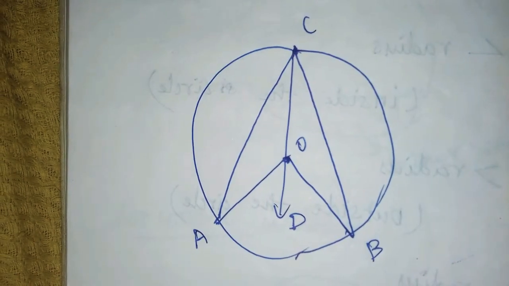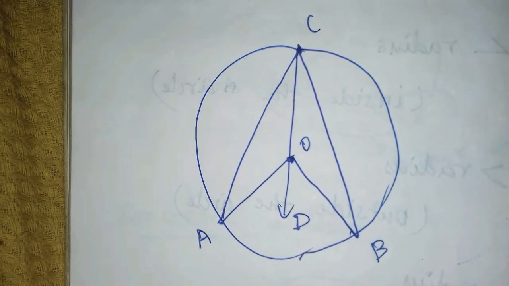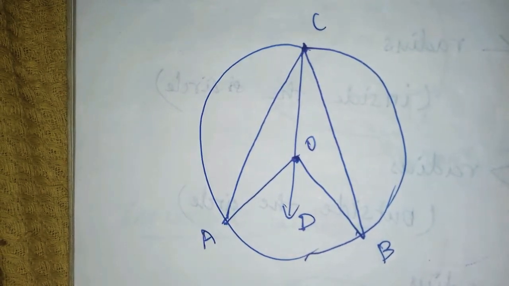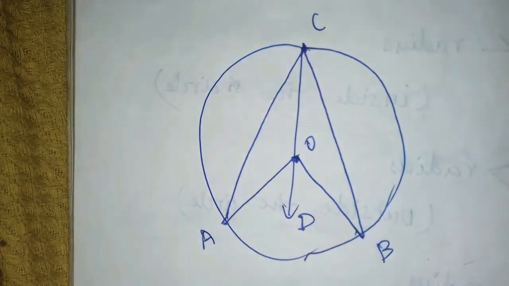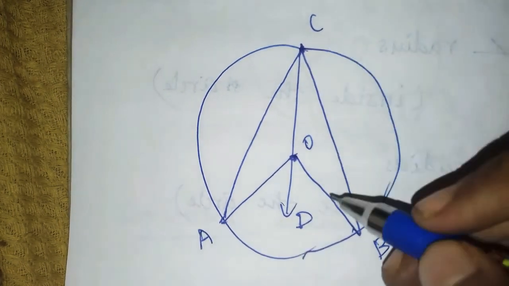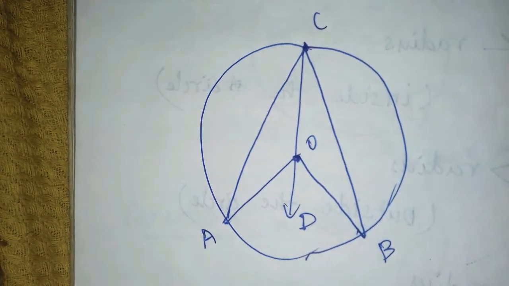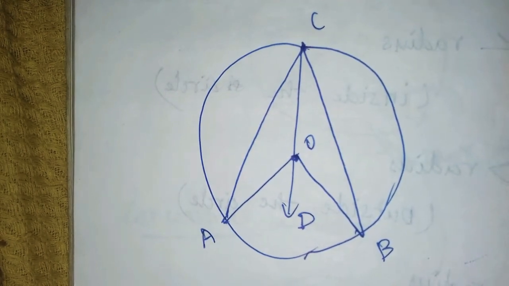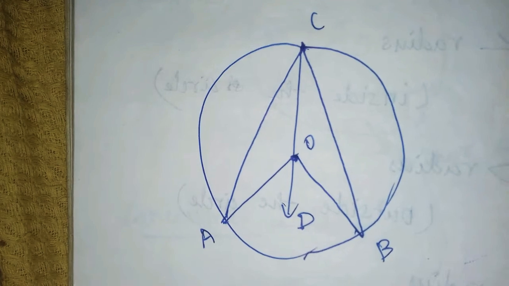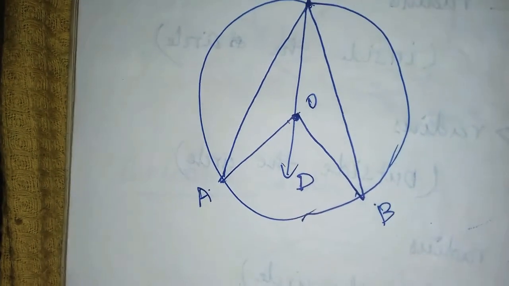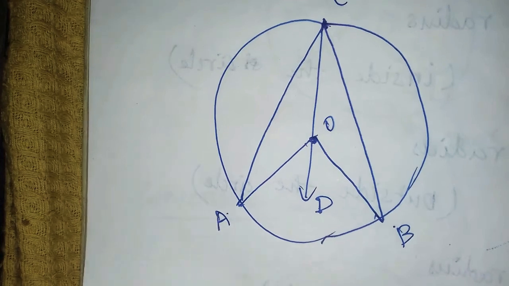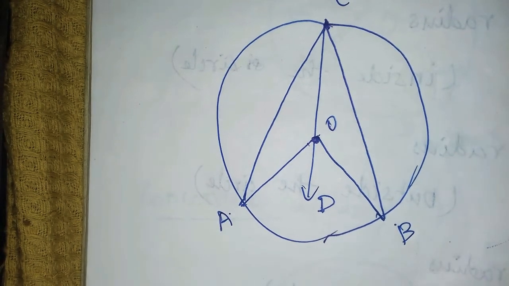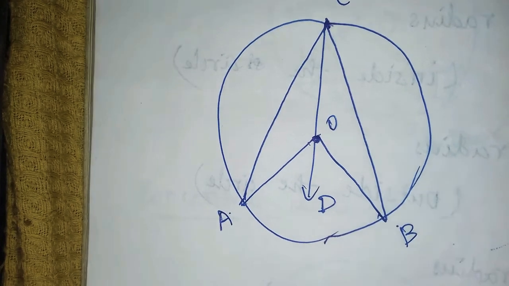Okay, this is the diagram we have drawn now. What we have done? We have marked 3 points on the circumference of the circle and joined all the points. Okay, can you understand this? Now from this we are going to see 2 proofs. Let's see that. First we have to prove angle AOB is equal to 2 into angle ACB.